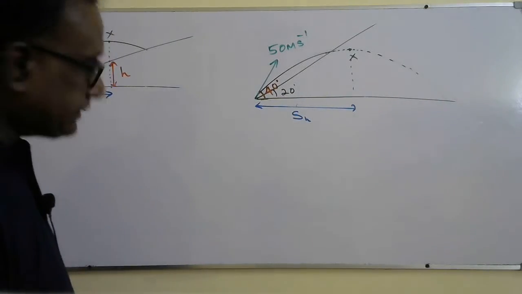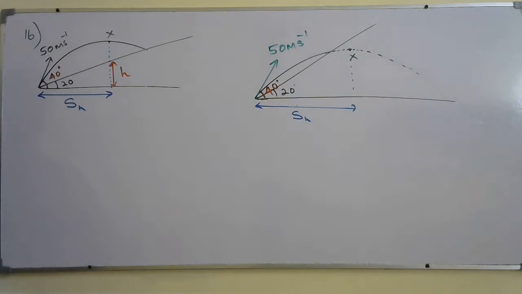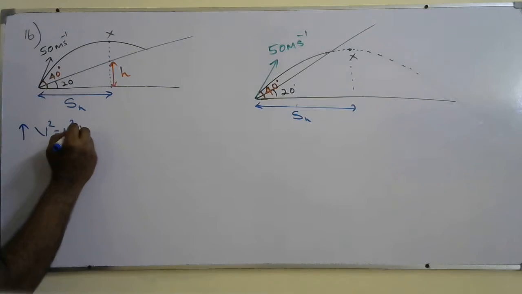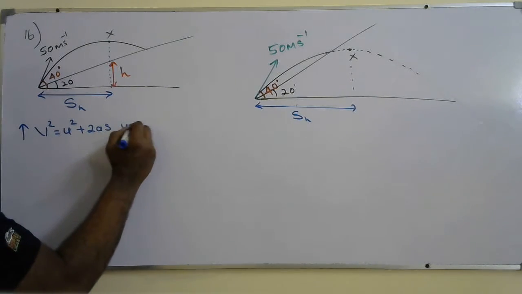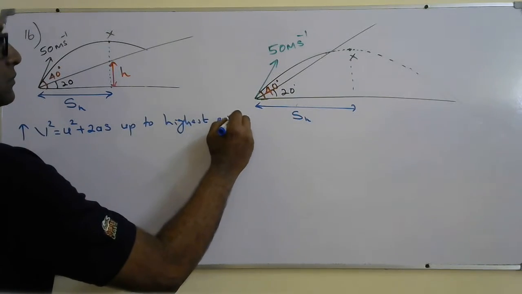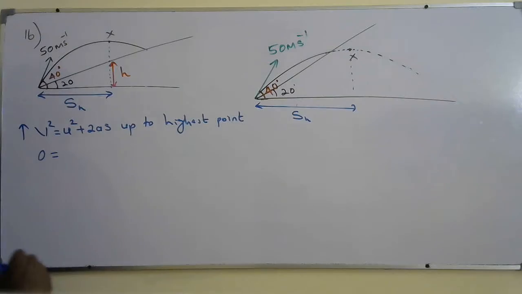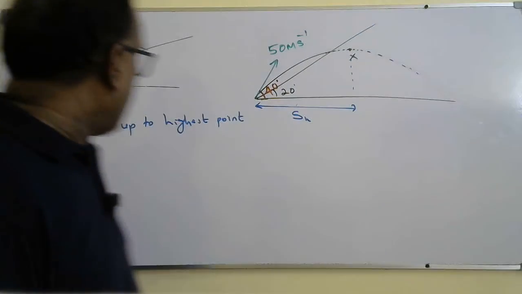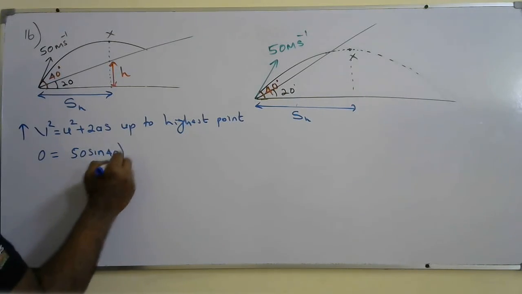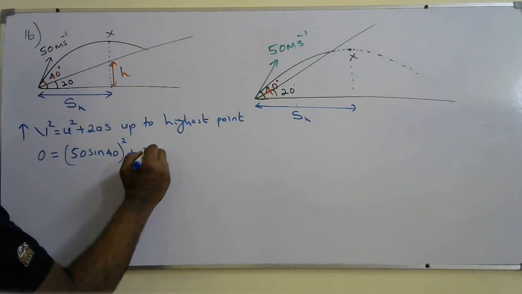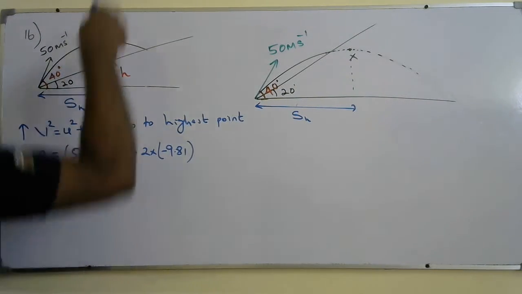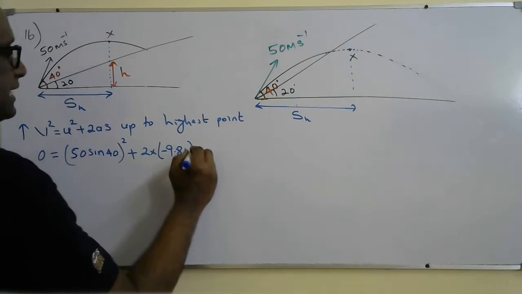Okay, so we'll do the calculation. Now we'll find the maximum height reached by the projectile. So vertically use v squared equals u squared plus 2as up to the highest point. At the highest point, the vertical component of velocity is equal to 0, and the initial velocity is 50 sin 40, all squared, plus 2 into minus 9.81, because I am using the upward direction. Acceleration is downwards, gravitational acceleration. S is h max,